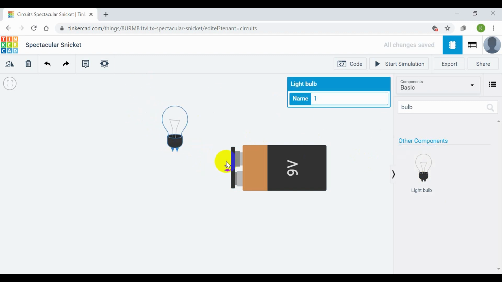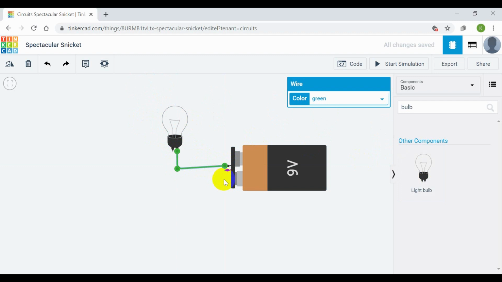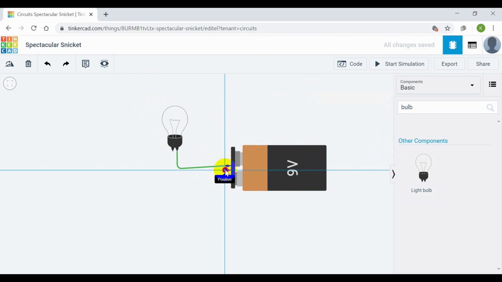So now we are going to provide the connections. Next, the second one. So now the bulb is connected.